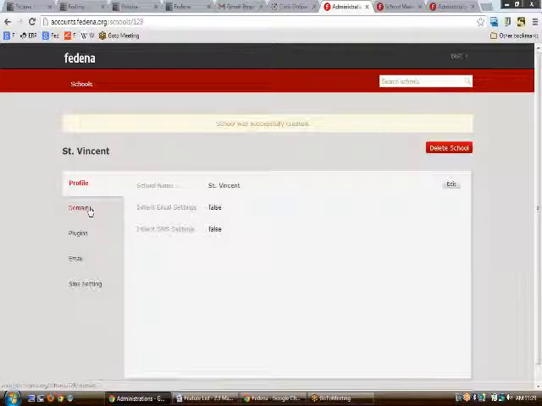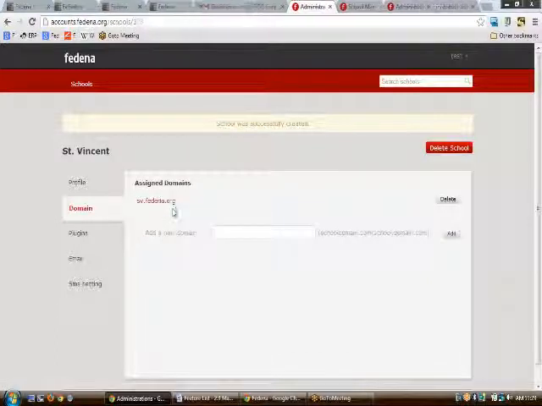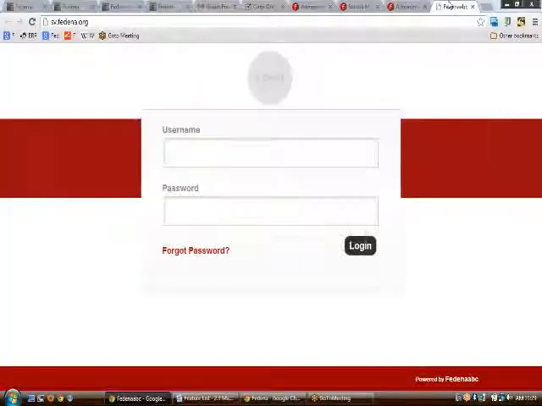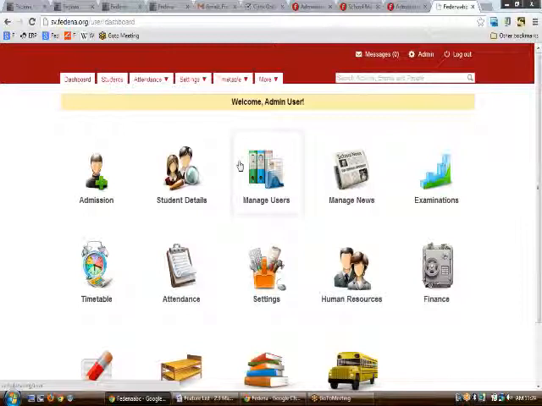And moreover, as I have said that sv.fedina.org has already been created, clicking onto this would be the instance that sv.fedina.org would be using. Please remember that the credentials for the admin would be default. So admin and admin123 would be the default credentials to log into the school with the required number of plugins that you have selected.